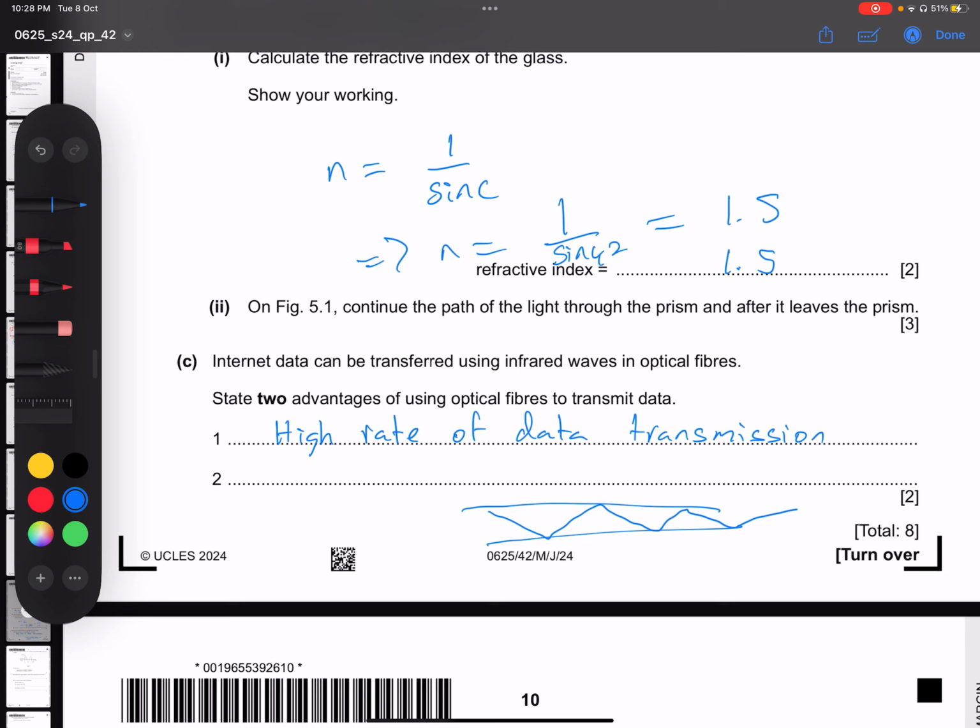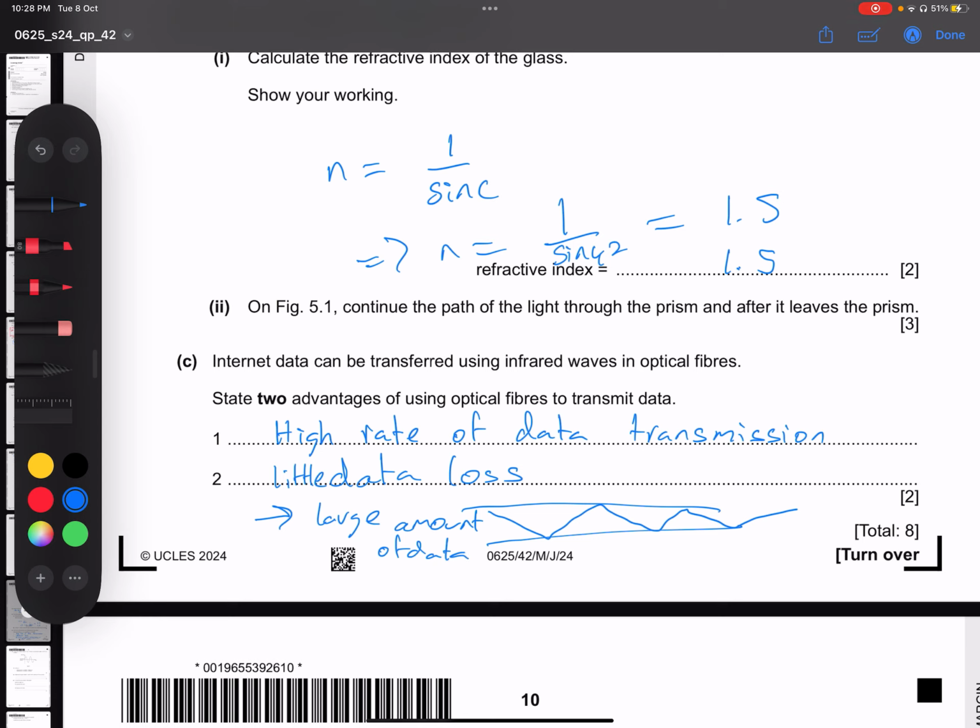Also, it can do it with very low data loss. There is little data loss. There is virtually no data loss and it's very high quality. That means it can transfer large amounts of information with little data loss and high rates. So some other points would be large amount of data